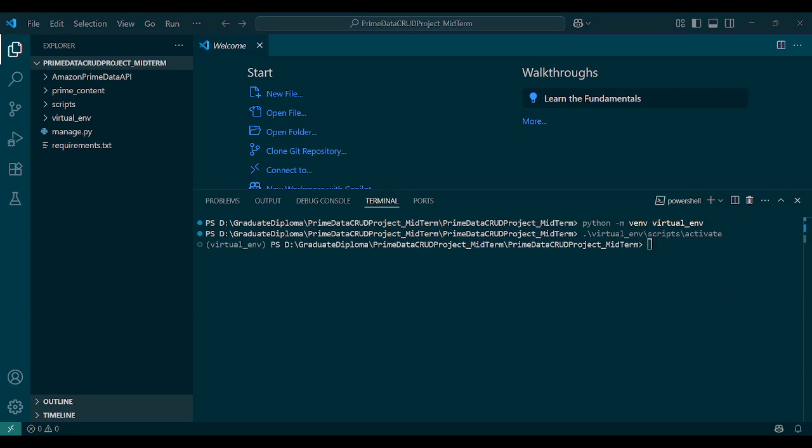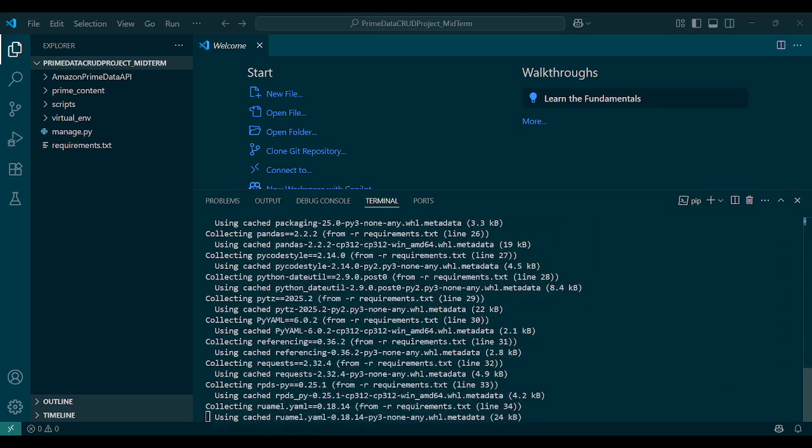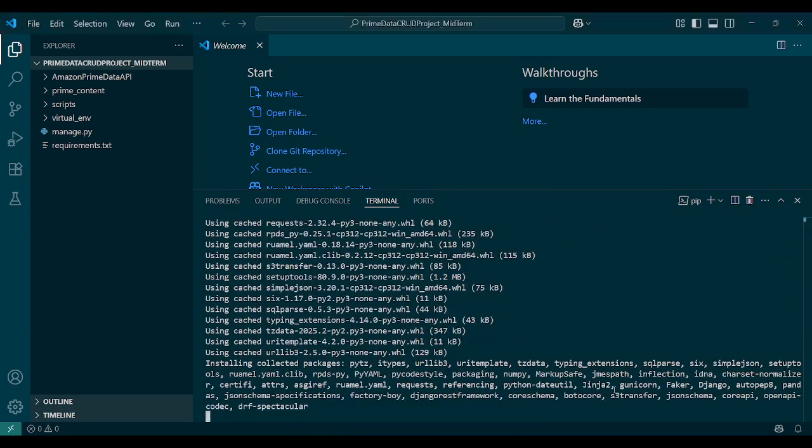After that, we will install the necessary dependencies required for my project by using requirements.txt. These include tools for API documentation, Django REST framework for RESTful API development, and Factory Boy for testing.